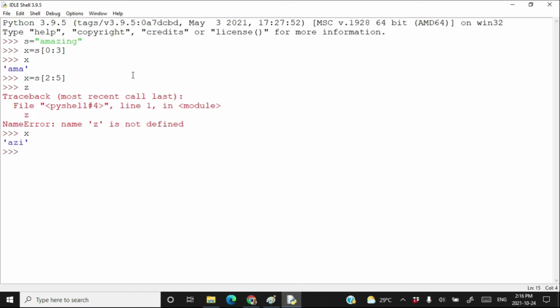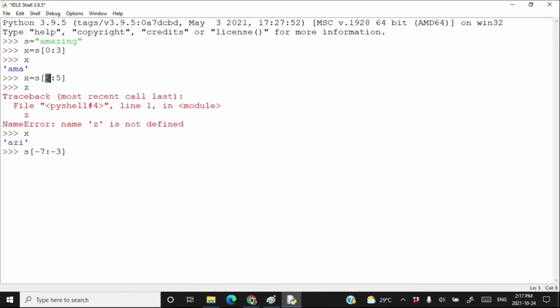If I write s[-7:-3], can you tell me who is minus 7? This is minus 1, minus 2, minus 3, minus 4, minus 5, minus 6, minus 7. So start from minus 7 and go up to minus 3 minus 1, that is minus 4.